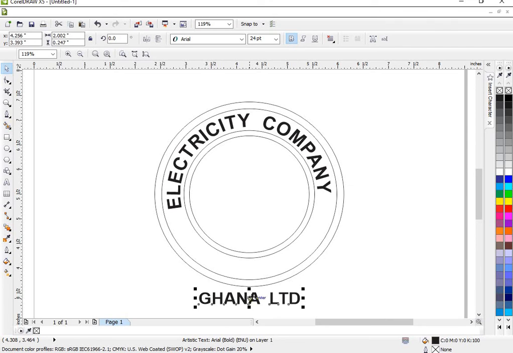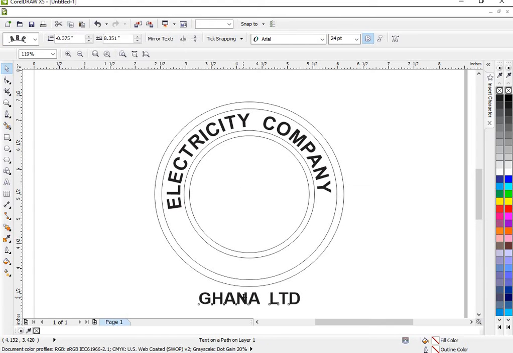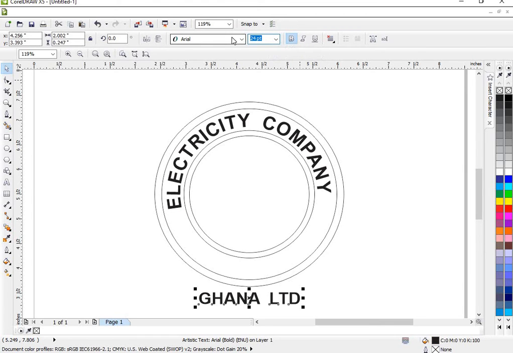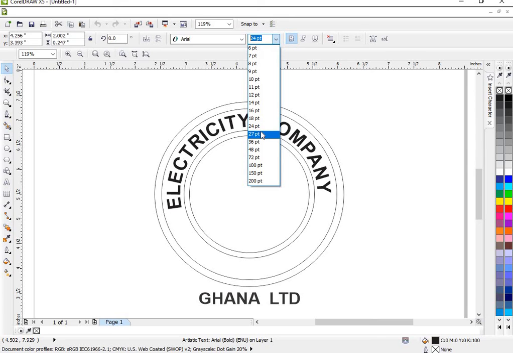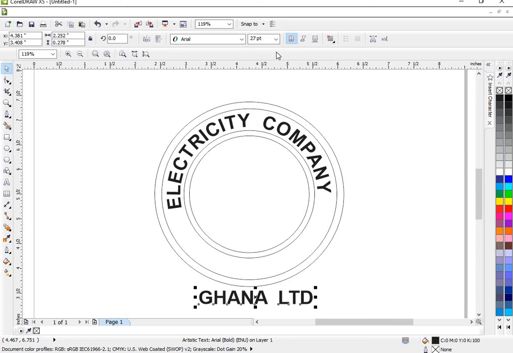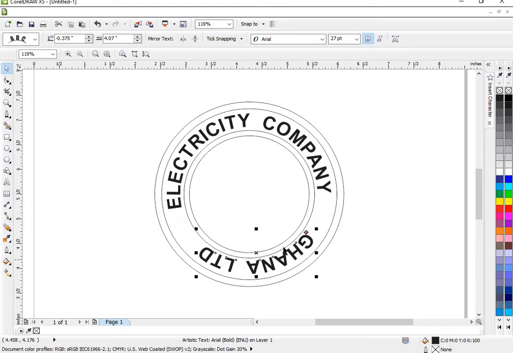Now we are going to fit this one into it. I believe you've seen the Electricity Company of Ghana logo before. So we want to fit this one over here. To do that, I think we are supposed to use the same size. So this one is supposed to be 27. So I'll click here and type. Now I type it over here, so automatically it records over here. So when you come here, you also see the same size. You click to select, and then you go to the text, fit text to part, and then I'll come somewhere here